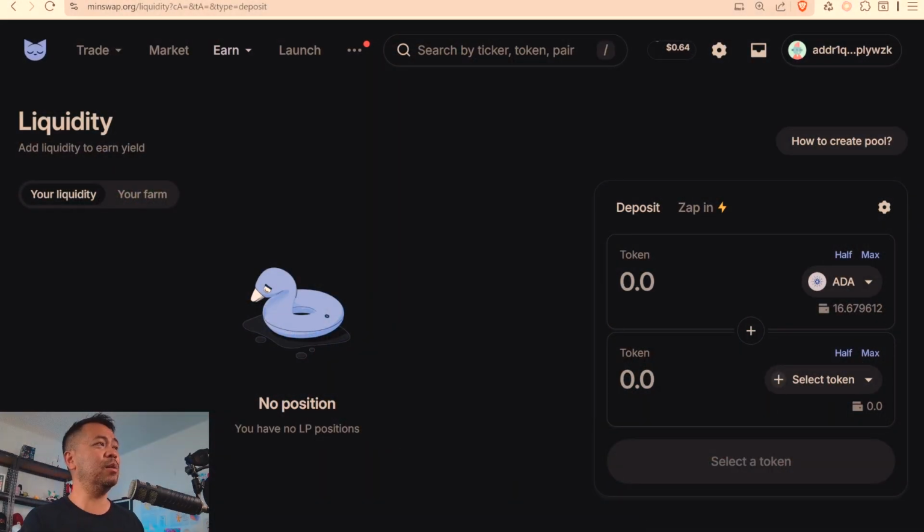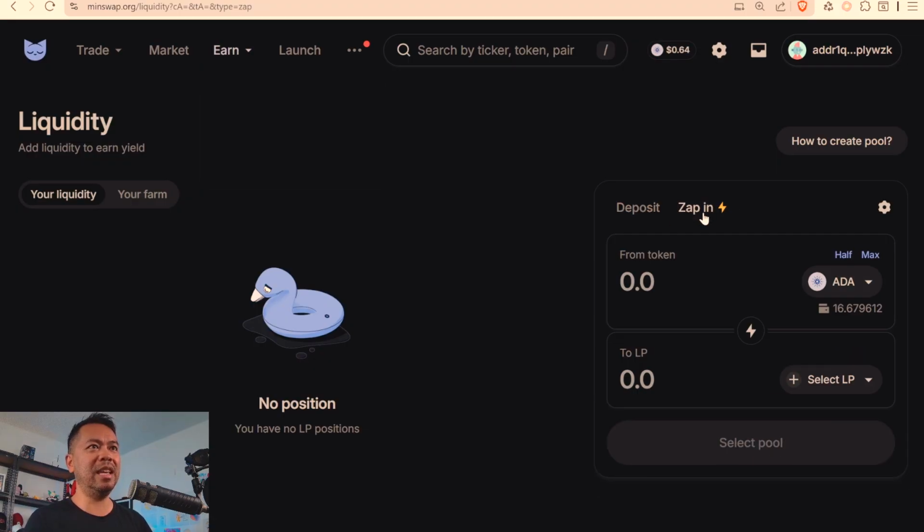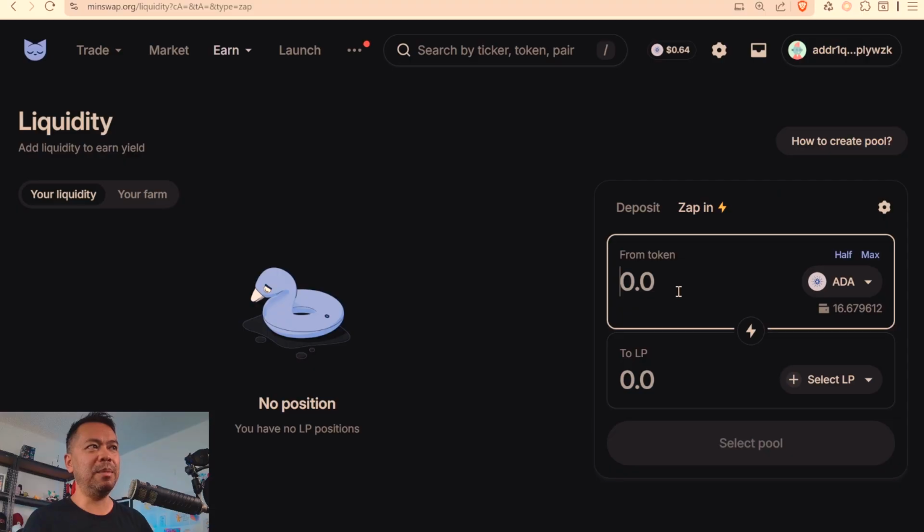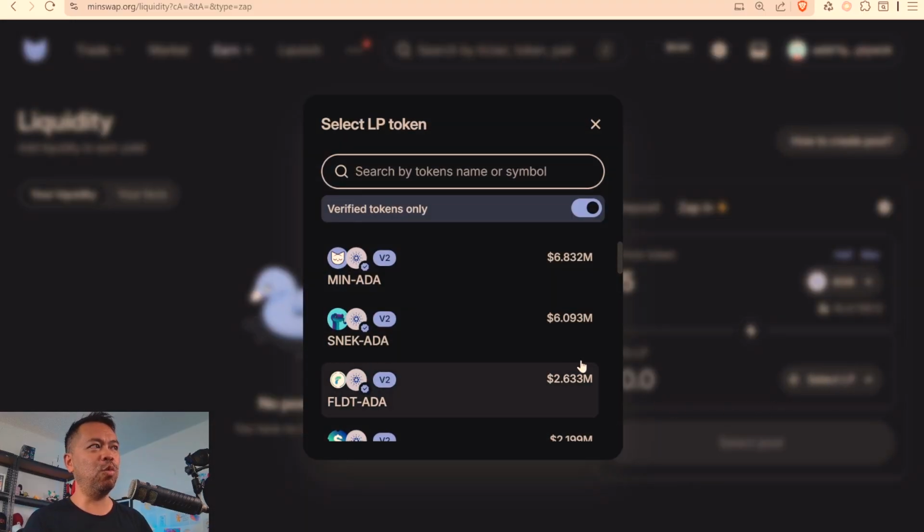So let's get over to the Minswap DEX here. I'm under the liquidity tab, which is under earn. So earn liquidity. On the right-hand side here, you have a thing called Zap-In. I'm going to click on that. And from here, I can zap in any liquidity token I want into any of the liquidity pool tokens. So from here, I can zap in any token I want, let's say ADA, to any liquidity pool that's on the platform. So let me type in 5 ADA, for example,